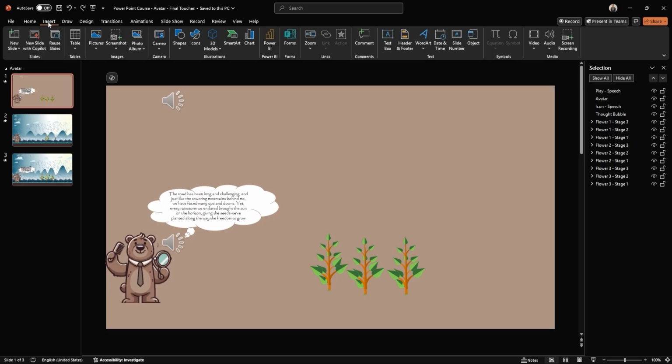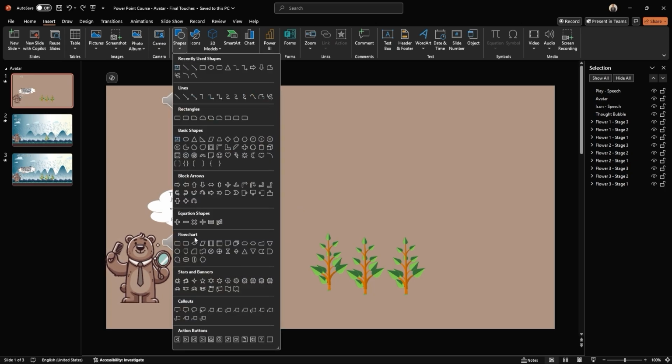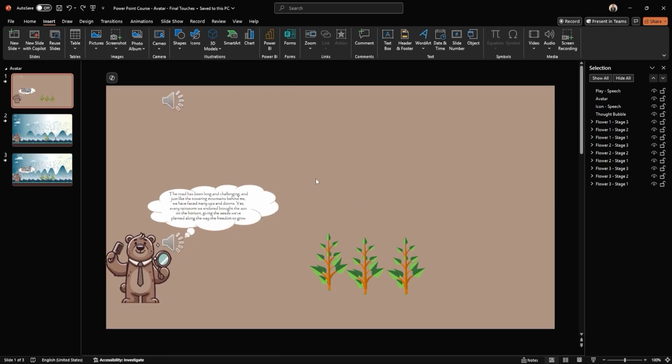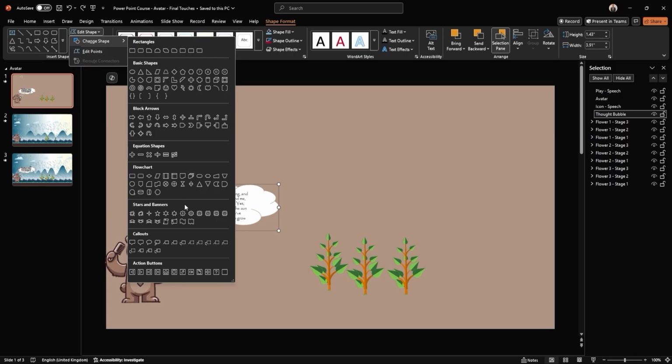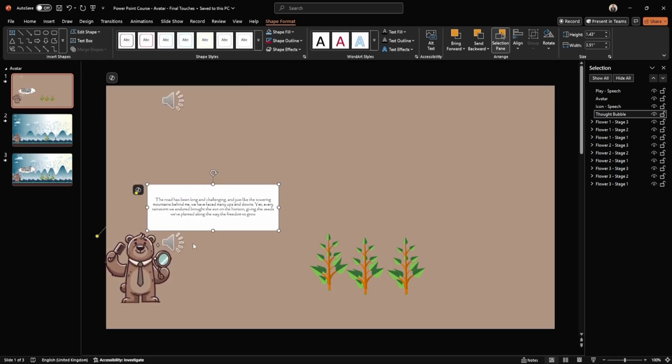To add one, go to the Insert tab, then Shapes, and scroll down to the Callout section. You'll find several speech bubble options there. Once you've placed it on the slide, you add text inside it, just like any other shape. Here's a useful trick. After selecting the speech bubble, go to Edit Shape under the Shape Format tab. From there, you can choose a completely different shape if you want to switch it out. This gives you more creative freedom. I may have mentioned this earlier in the course, but just in case you have forgotten, I'll mention it again, as I think it's one of those small touches worth remembering.